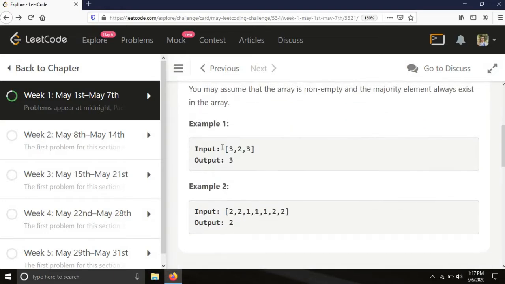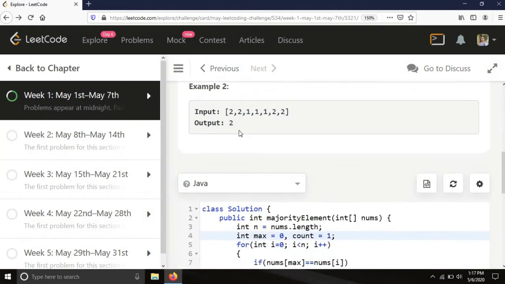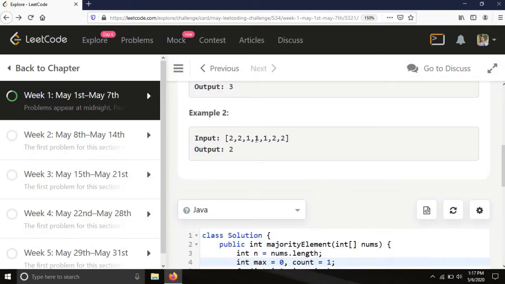Now let's understand what the output will be. Here the array is 3 2 3, and 3 is present more than n by 2 times. Size is 3, so n by 2 is 1, and 3 is present more than 1 time, so the output is 3. Similarly, take 2 2 1 1 1 2 2.